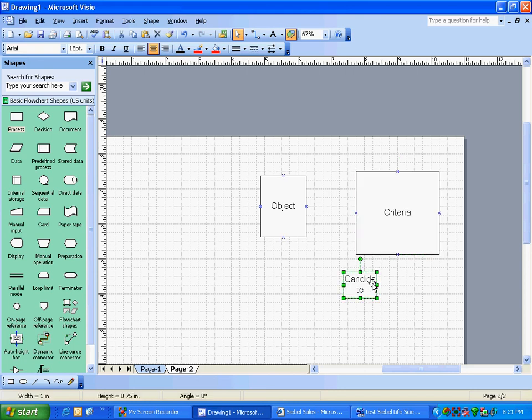Then the candidates to whom it can be assigned is, Subhash, can you tell me any good example of a candidate? Some of the candidates are positions, users, employee, organization, partner. So there is a complete list. Out of the box, there is a list. You can go to some place in Siebel, you can see that. I think in one of the Siebel bookshelves, you can see the entire list of all the out of the box available objects.